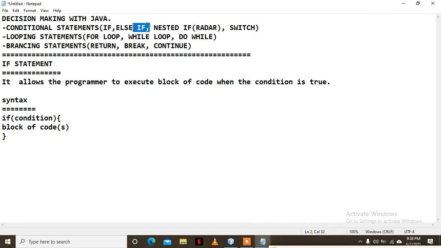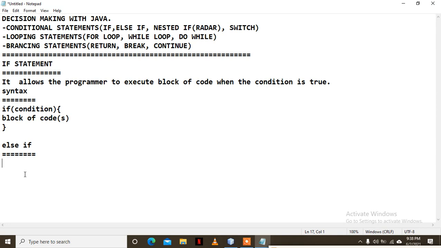Else if. How does it work? So an else if statement, maybe I put it here. There are people who write notes. Please, guys, don't miss this. Else if statement: it allows the programmer, you who is writing code, to execute code or perform a task when the condition is true, or otherwise when the condition is false,